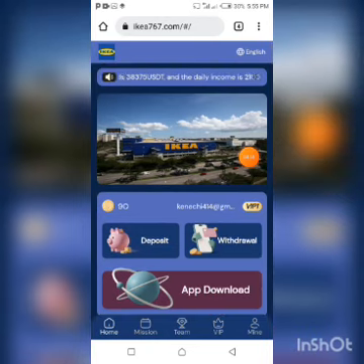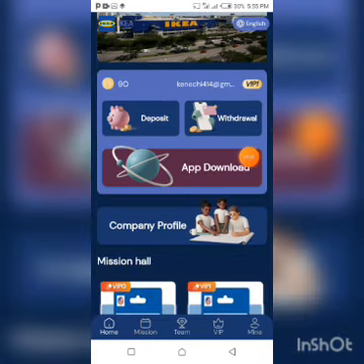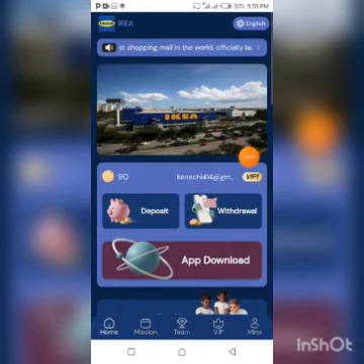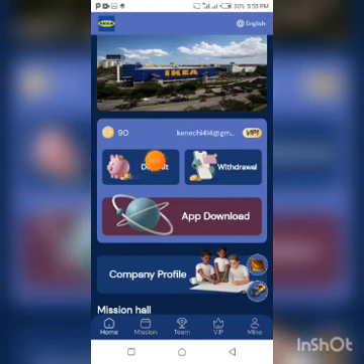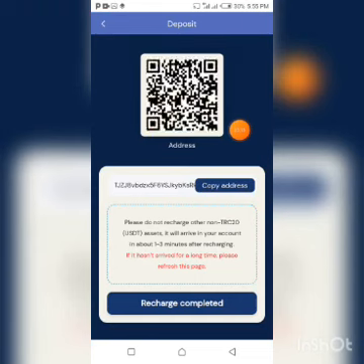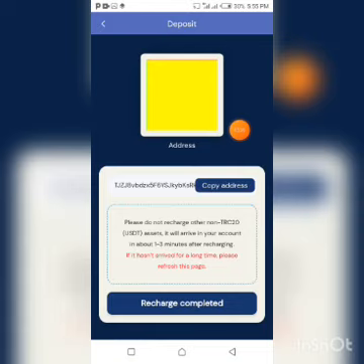Now, guys, to get started, you have to recharge your account. You have to recharge accounts by doing what I'm about to show you guys right now. On this same place that says the home page, the home, now click on this place that says the deposit. Click on this deposit on this same page, and you'll be able to copy your USDT TRC20 wallet address, and